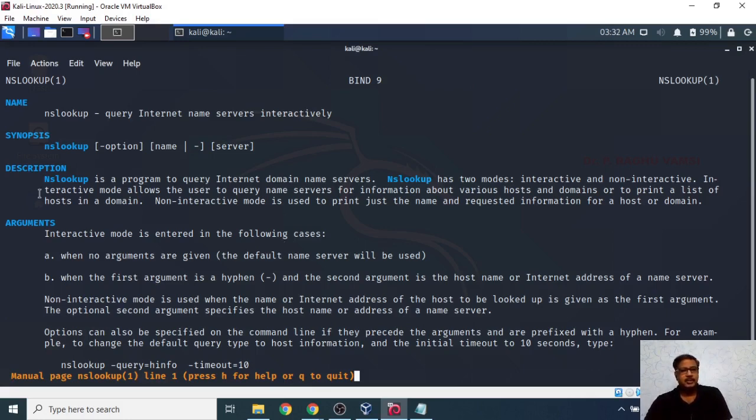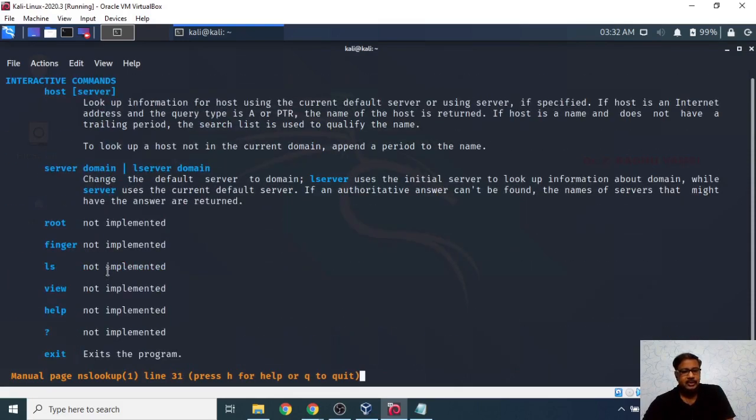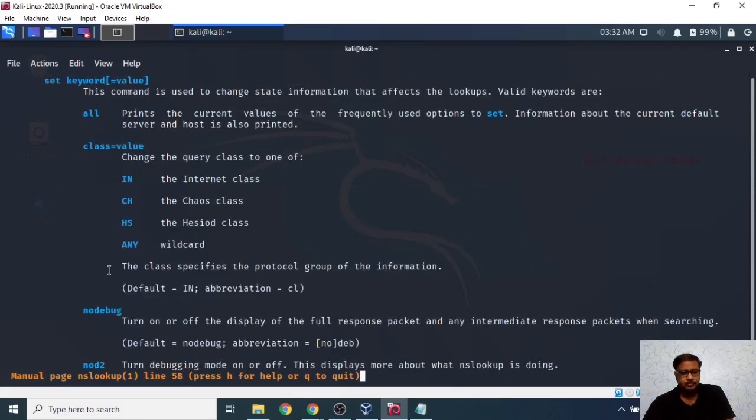Here the options are like this. nslookup is a program to query internet domain servers, especially for DNS information gathering. nslookup has two modes, interactive mode and non-interactive mode. Interactive mode allows the user to query the name server for information about various hosts and domains. So these are the various options that are available.